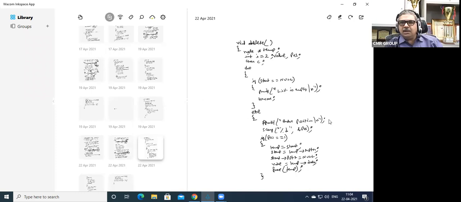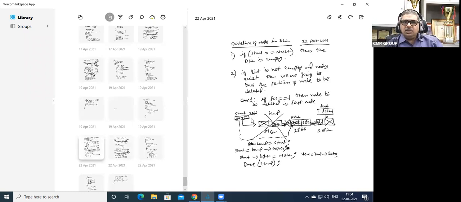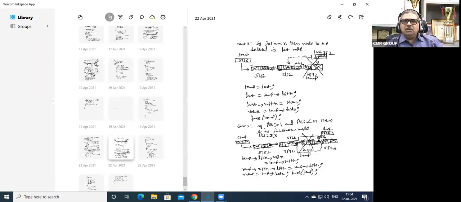So printf enter position, scanf %d &pos. Now, after taking the position, there are three cases. Either position is equal to 1, that is the first node to be deleted, or position is equal to n, the last node to be deleted, or if position is not 1 or n, that is, it is from 2 to n minus 1, then it is an in between node.